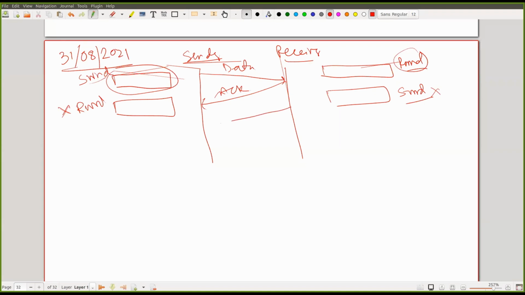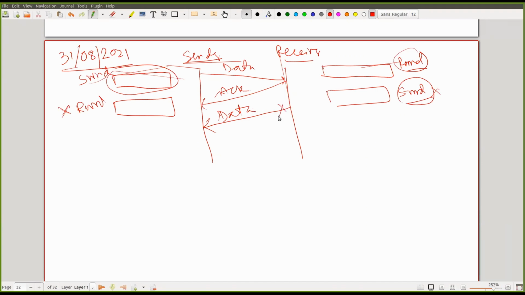Say the receiver wants to send some data. It may happen, right? It is not that the sender will send all the data and the receiver will only send ACKs. Whenever it is sender and receiver communication, there will always be bidirectional communication. Sender must send, receiver must receive. So the receiver must send, and the sender must receive data. Whenever the receiver wants to send some data, if it did not maintain a send window, can it do so?